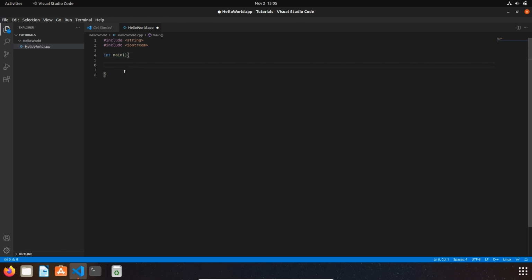And so the compiler, again, it reads through here, it sees our includes, it says, okay, I need to grab this and get this ready to use. And then it goes, okay, here's main. I need to go into main